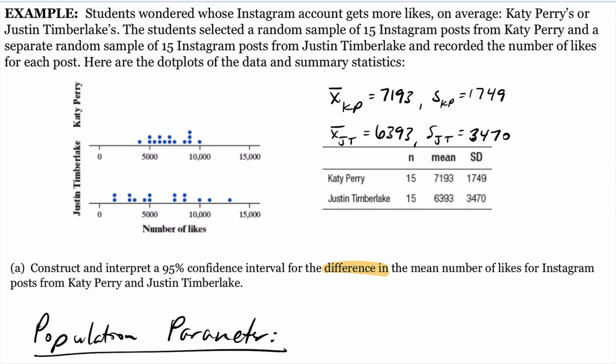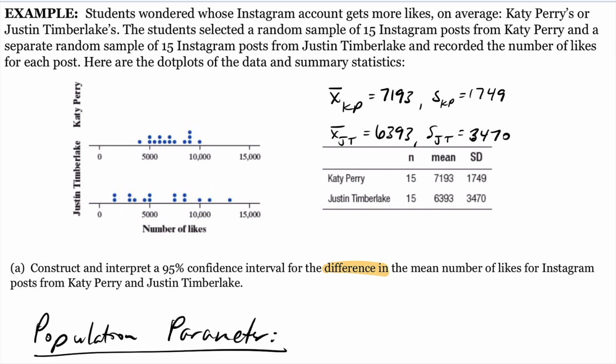Does it make sense that Justin Timberlake's standard deviation is almost double what Katy Perry's is? Yeah. Why? Look at the graph. The data points are way more scattered. For Justin Timberlake the range is wider. Range measures biggest minus smallest. That's bigger, and within the range there's a lot more spread.